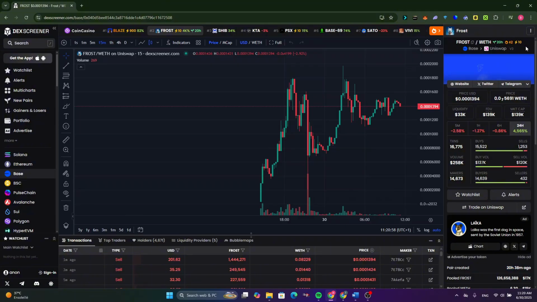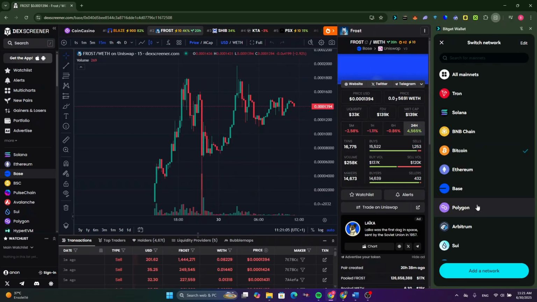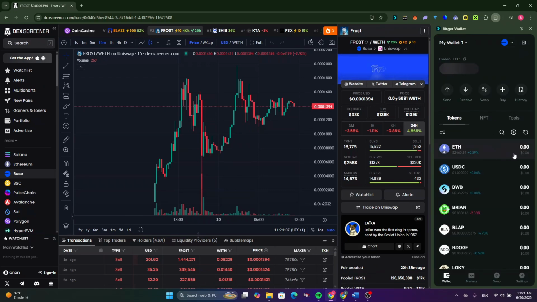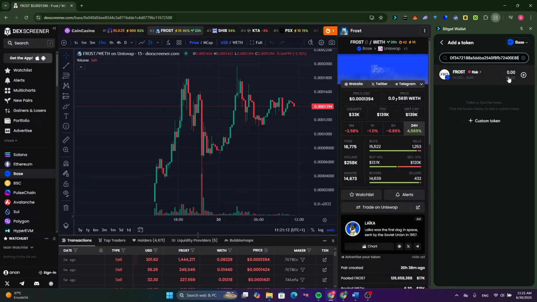Now, to be able to buy this token, what you need to do is just click here to copy the token address and open your Bitget wallet for that. As you can see, first of all, go to the top right corner, click here and select the Base network. After that, click on this plus icon and now you can paste the token address in the search bar. Now, as you can see, before going and adding this token to your wallet, make sure to read that risk, and if you are ready to go, just click on this plus icon to add it